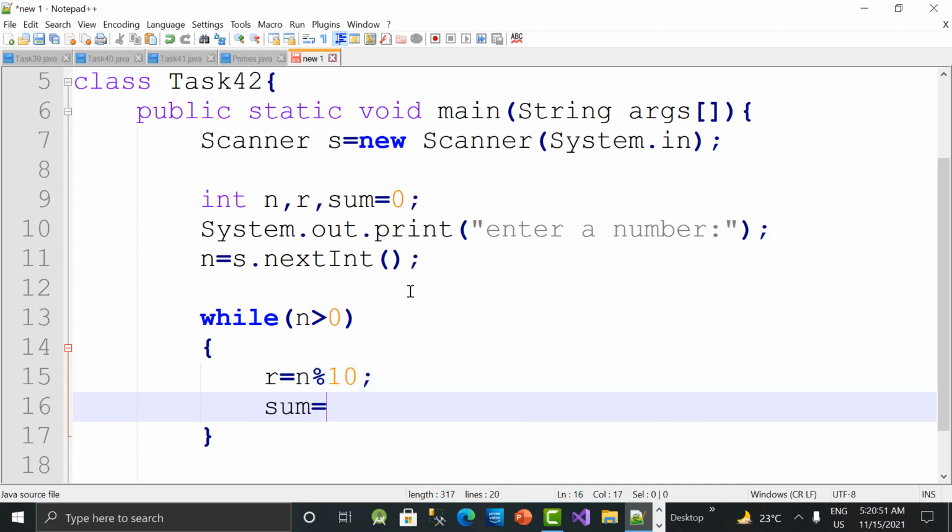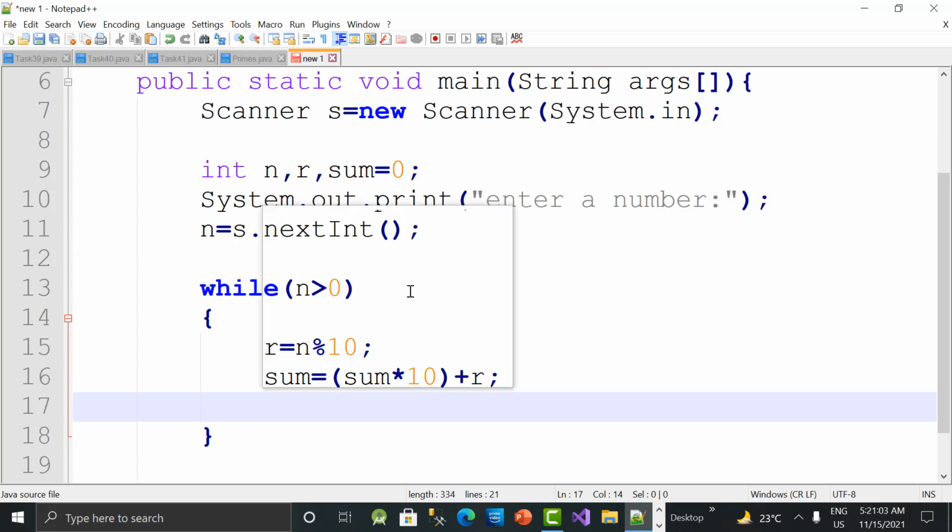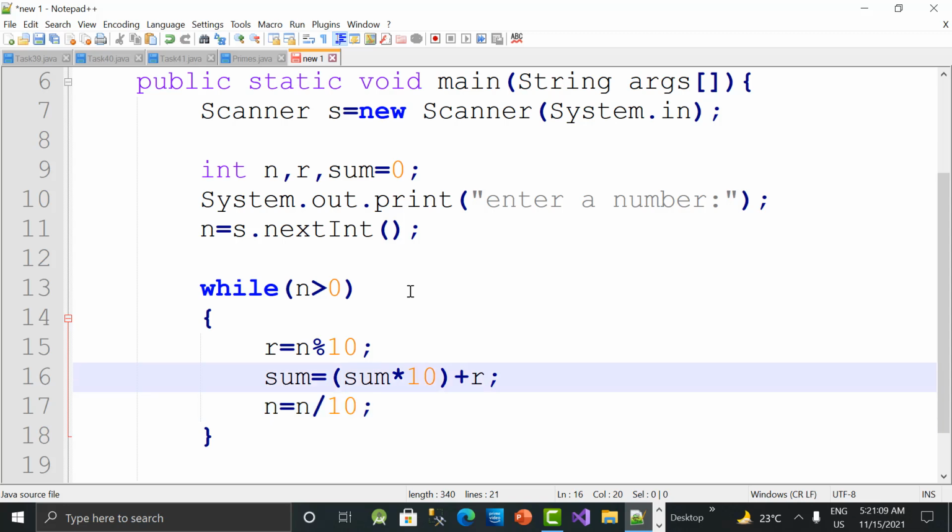Then sum = sum * 10 + r. So this logic you need to remember. So sum = (sum * 10) + r, and then n = n / 10. So the quotient I'm keeping in n. Okay. So with this logic, we are storing the reverse number in sum.